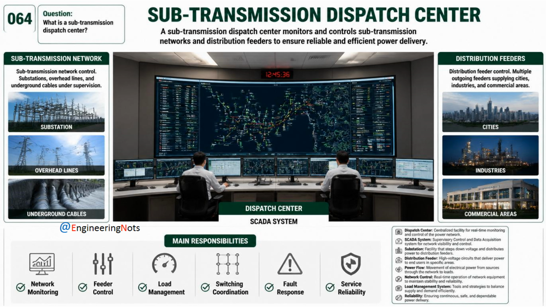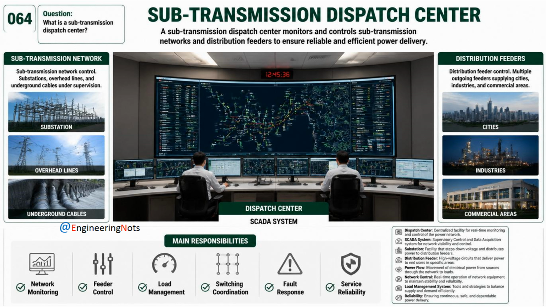Question 64. What is a subtransmission dispatch center? A subtransmission dispatch center is a control facility responsible for monitoring and controlling subtransmission networks and distribution feeders within a specific service area. Its main functions include supervising substations, monitoring power flows, coordinating switching operations, managing loads, and responding to